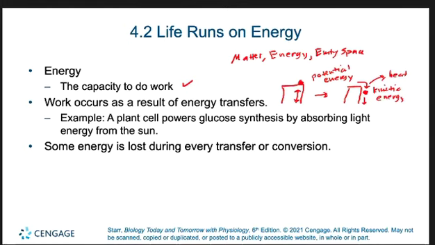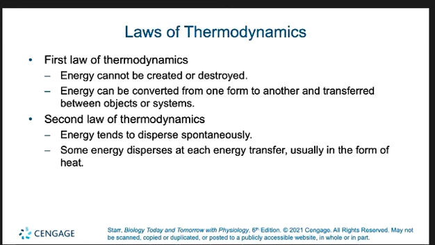And then as heat, right? That's how the energy gets lost. And what does that do? That causes more entropy, which means the universe becomes more random. We talked about the first and second laws of thermodynamics earlier, right? The first law: energy can't be created or destroyed, but can be interconverted, right? There was the equation. So there's no magic, right? There's only so much stuff in the universe, and that's all you get.